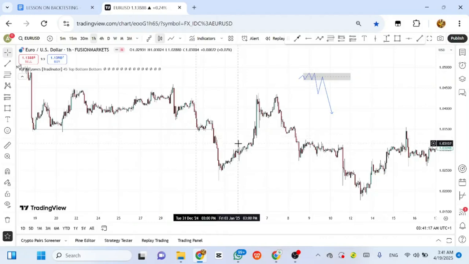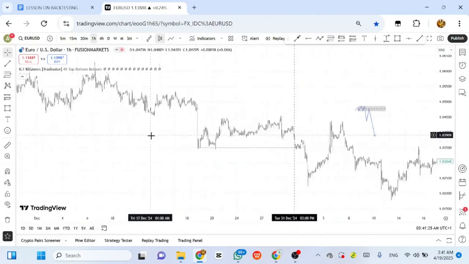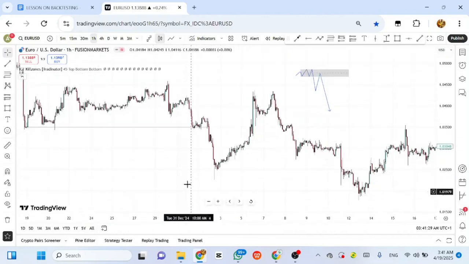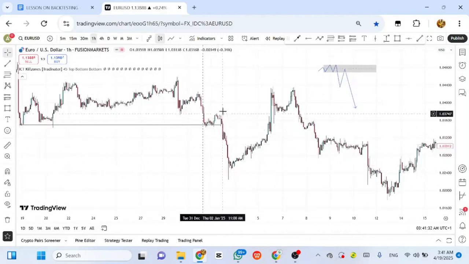So now what do we see? First of all, we see this accumulation at this point, and the market broke out this low, and this was a good resistance point, right? This is a good resistance point. So what do we see now? We see that okay, market is bearish. So after this now, we wait for correction.